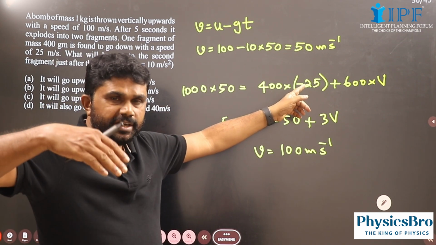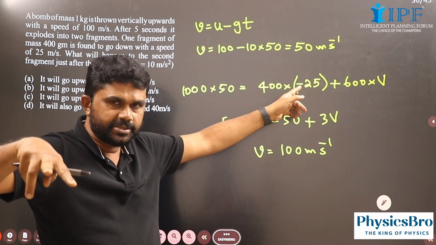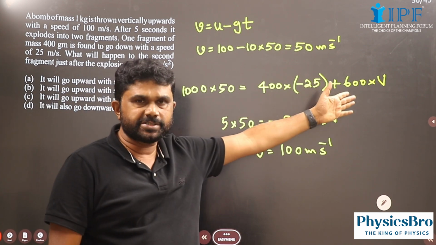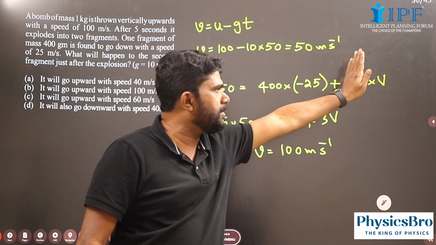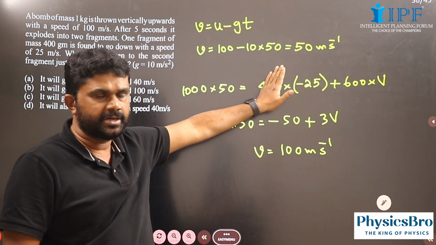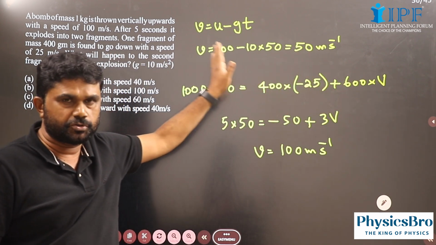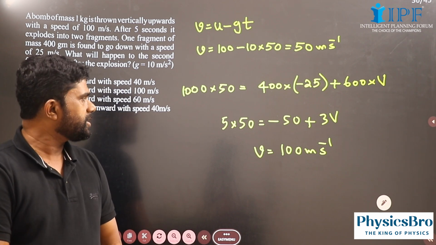Okay, so if the mass of one fragment is 400 and there are only two fragments, then the mass of the other fragment must be 600 and its velocity is unknown. Okay, this is the momentum of one fragment and this is the momentum of the other fragment. Sum of these two must be equal to the total linear momentum just before explosion. Okay, so we will get